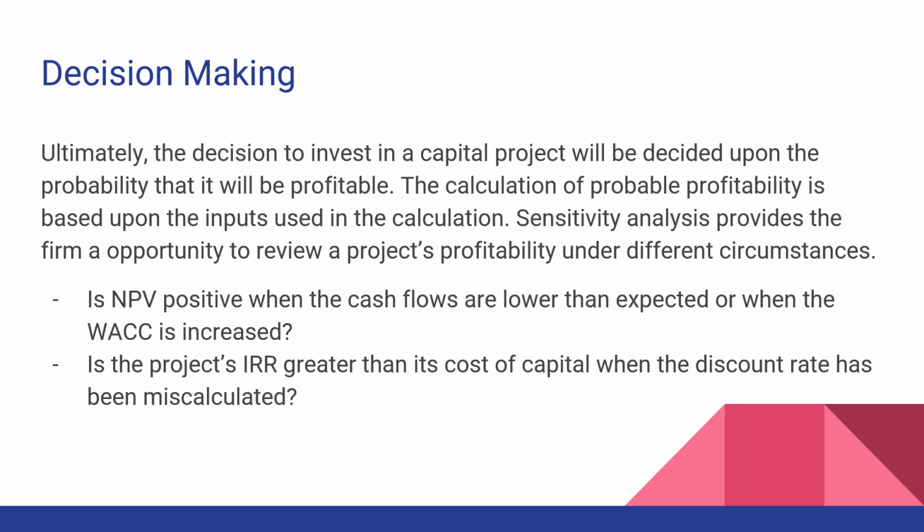When viewing a project on its predicted numbers and discount rate, a positive NPV and a discount rate that exceeds the WACC signify a profitable project. A project that shows great reductions in either of these numbers based upon small changes in the variables demonstrates the volatility of an investment and may require greater consideration before adoption. This allows decision makers to adequately weigh the cost of a project to its potential risk.